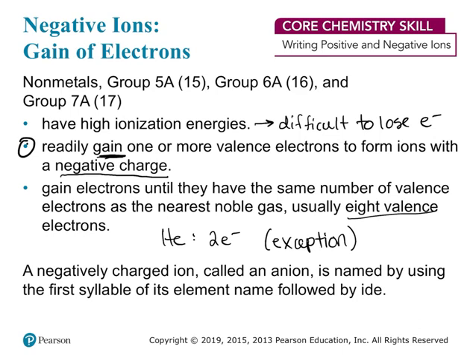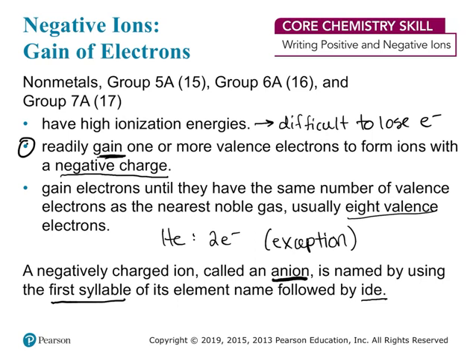Okay, so if we end up with a negatively charged ion, we call that an anion. And I don't really have a good way to remember that one, but as long as you know that there are cations and anions, cations are positively charged. All right, so when we're naming negative ions, we use the first syllable of the element name, and then we add IDE to the end, which is kind of strange, but you'll get used to it as we go along